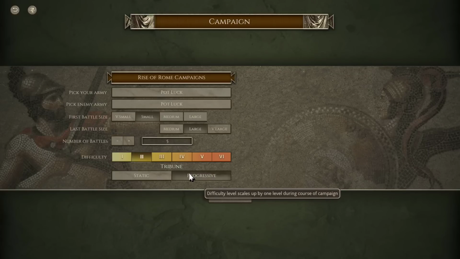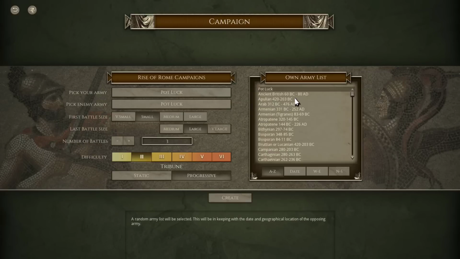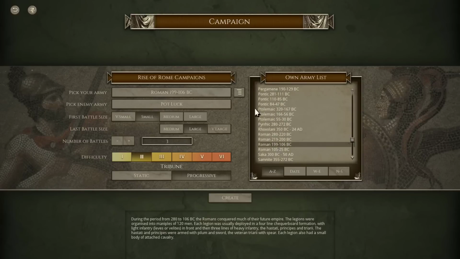Basically, you've got a set of campaigns you can choose from. You can adjust the difficulties. The campaigns aren't really set pieces that are linear. They're more of a number of battles that you can adjust from. There are set piece battles, but I find so far the ones I've played that have been the most fun are, for example, the Rise of Rome campaign, where I can sit here and customize